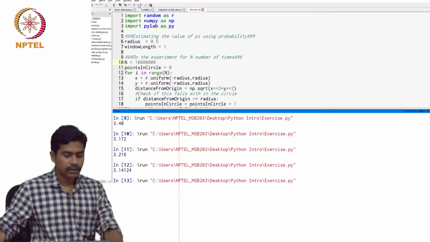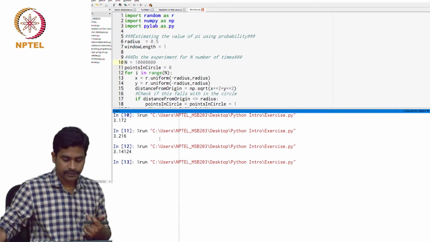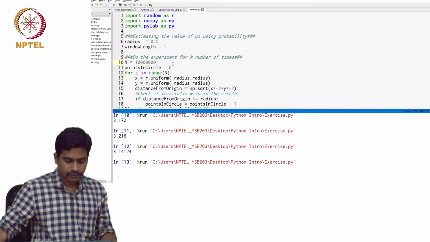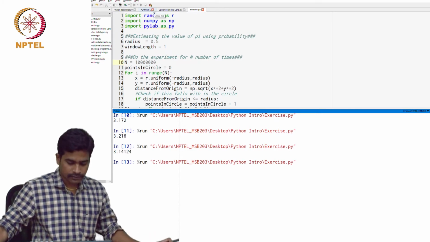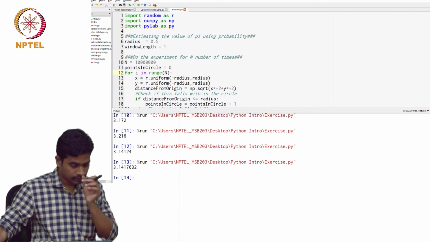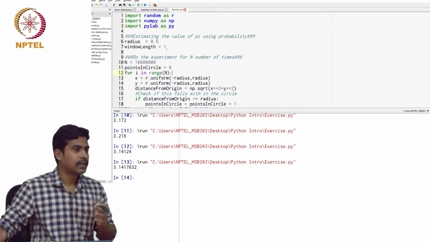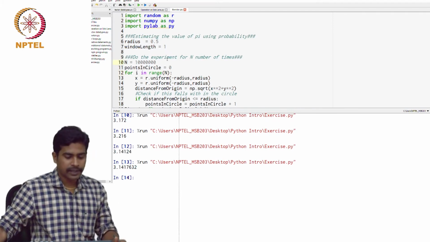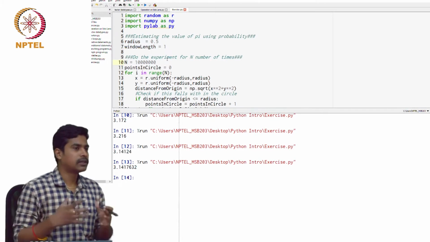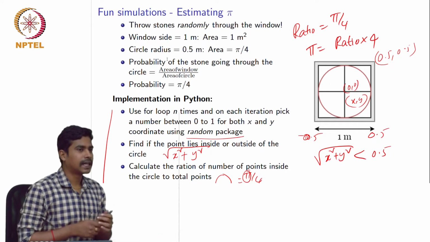3.14. If I still increase the values, it's going to take a little time because it has to iteratively calculate this. Let's wait. Okay, let that run. Yeah, so after doing this iteration, it has said 3.1417 is the value for pi. If you keep increasing the iterations, it's going to converge to the actual value of pi. Okay, so I hope you found this little exercise interesting.